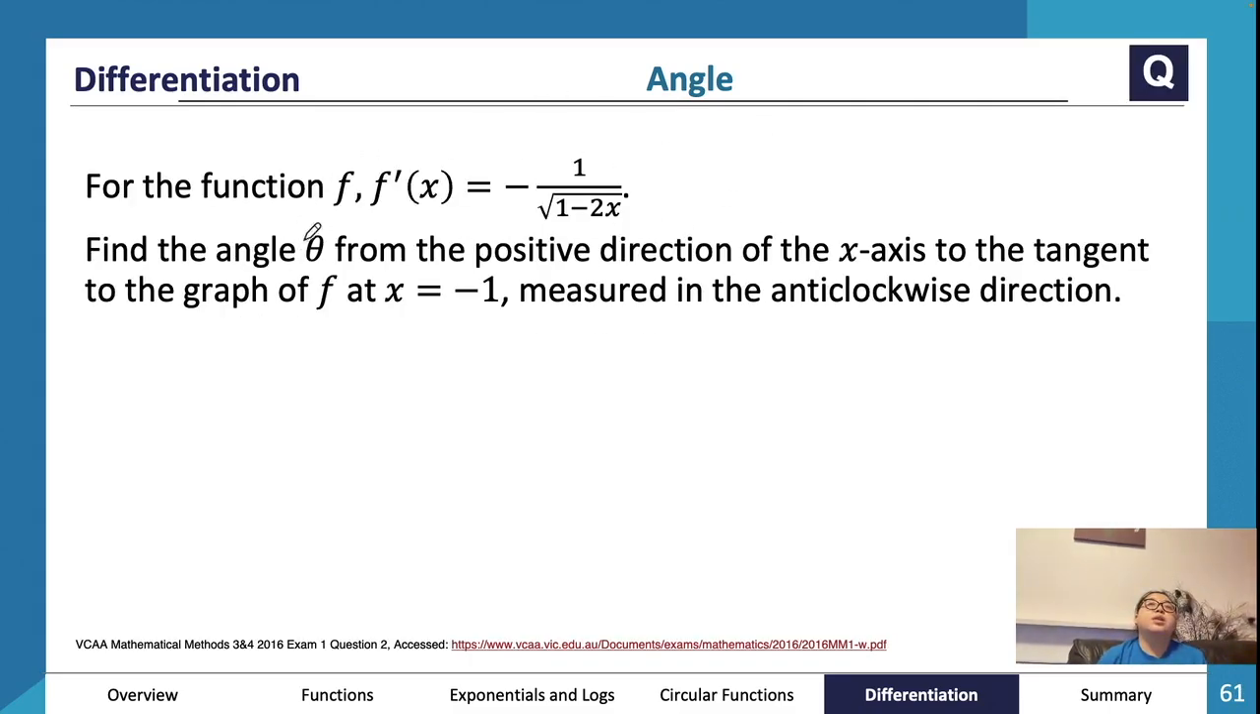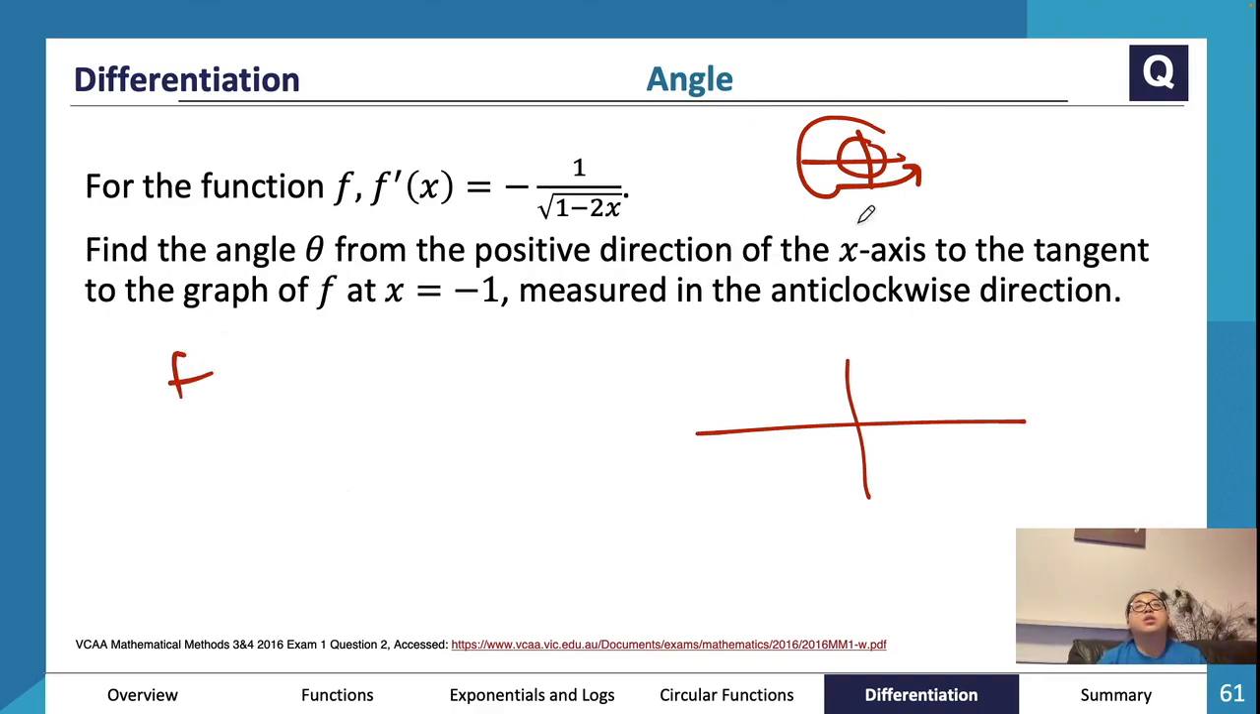Alright, so this one, find the angle from the positive direction of the x-axis to the tangent. Remember, it is always the angle from the positive direction of the x-axis. Whenever you find an angle, whenever you do a tangent, always from the positive direction of the x-axis. That's because the unit circle, remember, goes that way. Alright, so at -1, and you can see measured in anti-clockwise direction because of the unit circle. So f dash of -1 is going to be equivalent to -1 over root 1